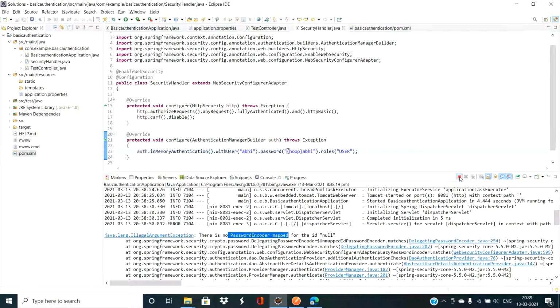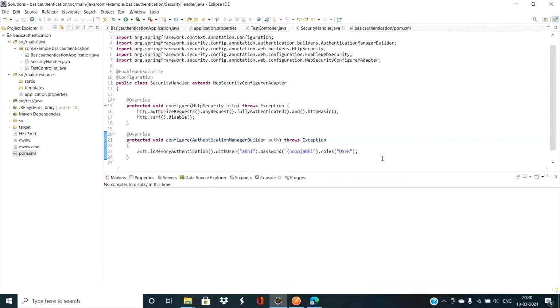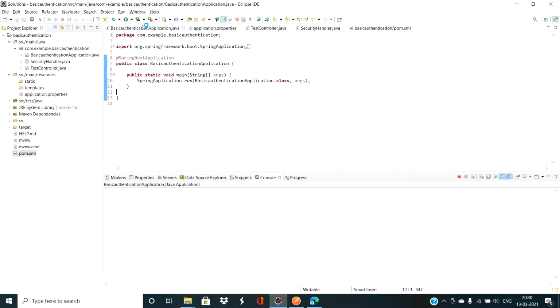Save it. There are different types like bcrypt and others. As of now, I'm providing this noop, which is basically for open passwords, I mean, it's something in plain text. Anyone can see it, so it's not secure, but yes, you can use a different one. So now I'm restarting it.